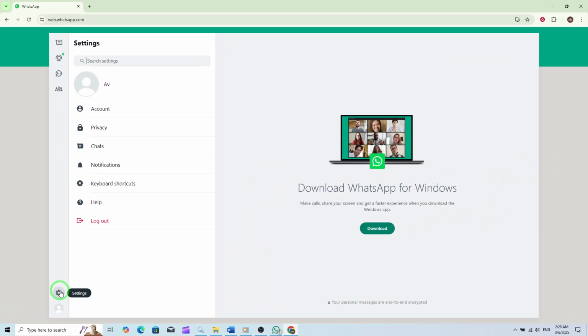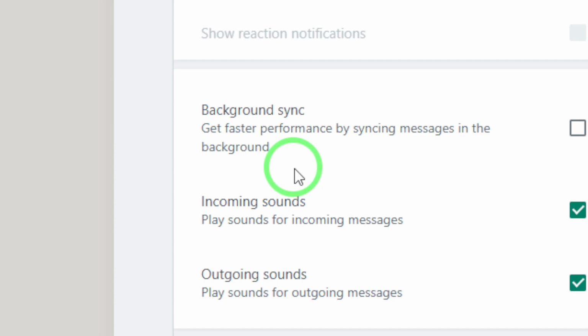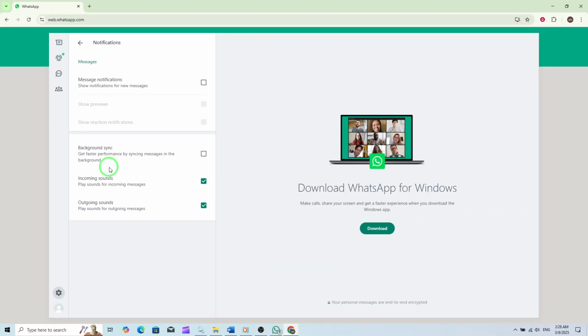Now click on Notifications. This section allows you to manage how WhatsApp web alerts you about new messages and other events. You can choose whether you want to receive notifications when you're actively using WhatsApp or when it's running in the background. To turn off outgoing message sounds, you'll need to look for an option that specifically mentions outgoing sounds